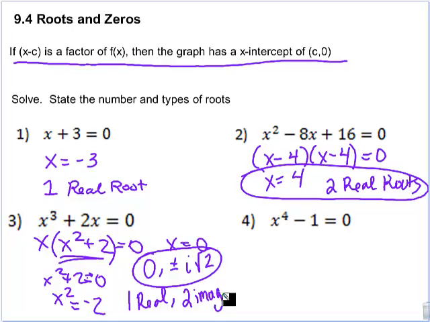What can we do? Yeah, we could add 1 and then take the square root of both sides. We wouldn't want to do the 4th root, but we could do that. So if we add 1, we have x to the 4th is equal to 1. And then if we take the square root of both sides,